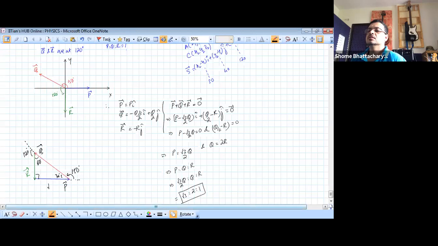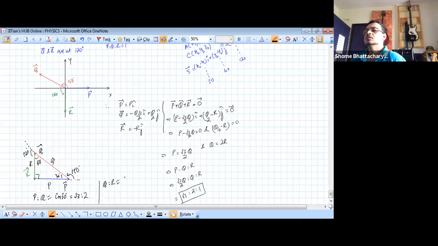So you can see that P is to Q is nothing but base upon hypotenuse, so that's cos 30, so that's root 3 is to 2, and